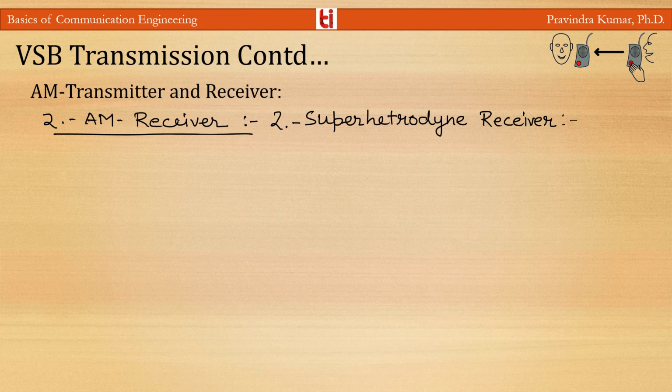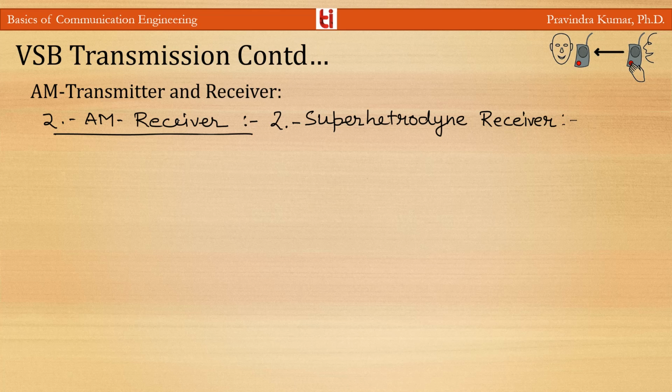Now we will discuss another type of receiver. This is the superheterodyne receiver. Due to the instability of the TRF receiver and poor adjacent channel rejection, TRF receivers are not used. They are replaced by the superheterodyne receiver. The problems in the TRF receiver are solved in this receiver by converting every selected RF signal to a fixed lower frequency known as the intermediate frequency.